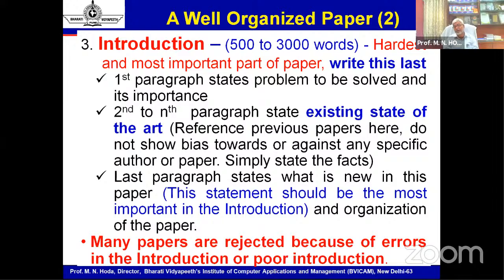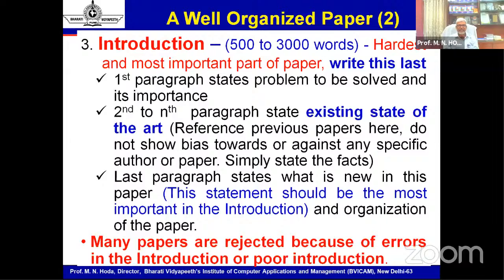Next important component, the third component, is your introduction, where your state of the art, your review of literature will also come in. So it is said that this introduction should be, of course, the actual word length will differ from paper to paper, from domain to domain, but the ideal size which we have recommended for an entire paper of maybe around 6 to 8 pages is 500 to 3000 words for the introduction. And this is the hardest part and the most important part, and that's why we suggest that you might write a basic introduction for your paper in the beginning, but once you have completed the paper, come back to your introduction. So we say that write this introduction finally at the last, when you have completed everything in your paper,